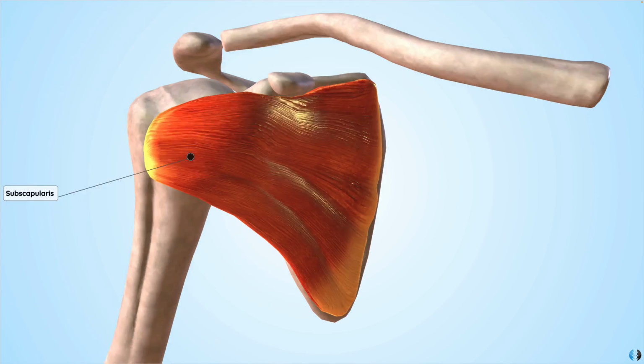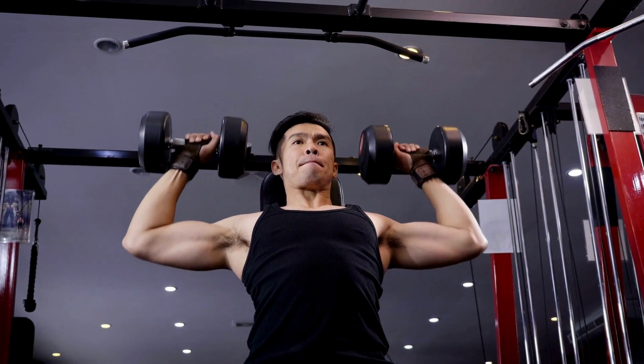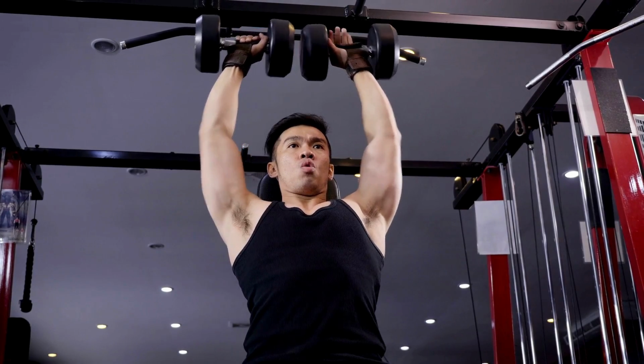Conversely, the subscapularis muscle is located on the anterior aspect of the shoulder, and so we can remember that this muscle is an internal rotator, because when it contracts from its anterior position, it's going to pull the humerus in an internally rotated position. So whilst we can establish these muscles' individual roles, we should also remember that they have